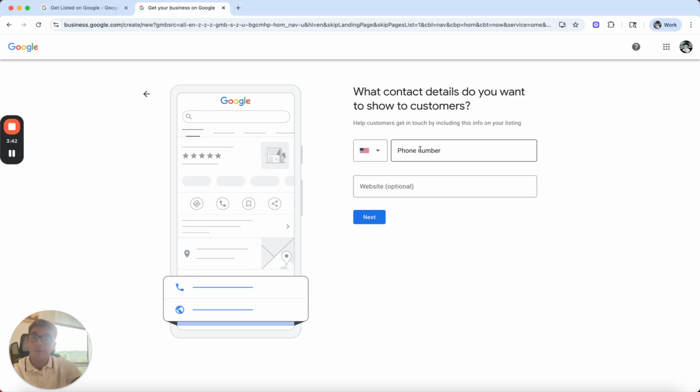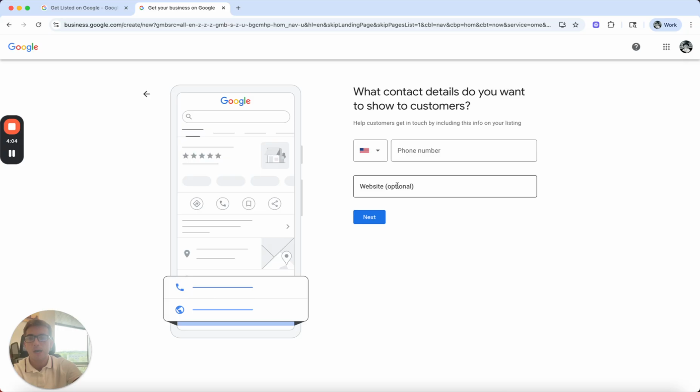This is where you want to put the phone number where, when people find you on the internet, if they call it, it redirects to that phone number, okay? So if you are just a one-man show and you want everything going to your cell, type in your cell. If you own an office and you have a receptionist, you want to type in the office's number, whatever that is for you. So I'm going to type in my phone number just for simplicity,